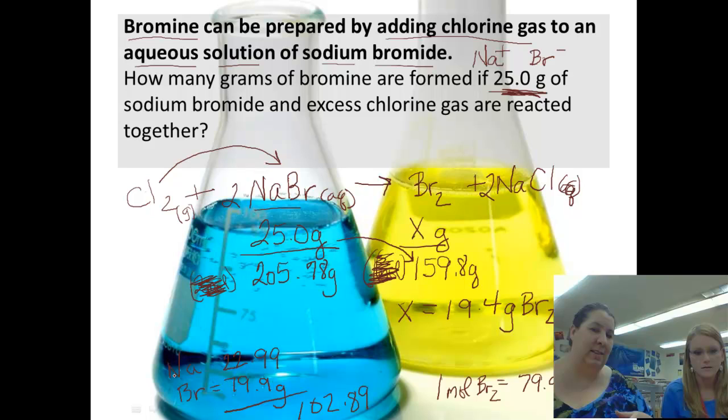So now we just have to go in. We've got a skeleton equation here. Now we just have to go in and balance it. So we've got 4 carbons here, so I'm going to have to put 4 here. This is going to be one of those tricky ones, I bet. I think you're right. And then I've got 10 hydrogens here, so I'm going to put a 5 here,